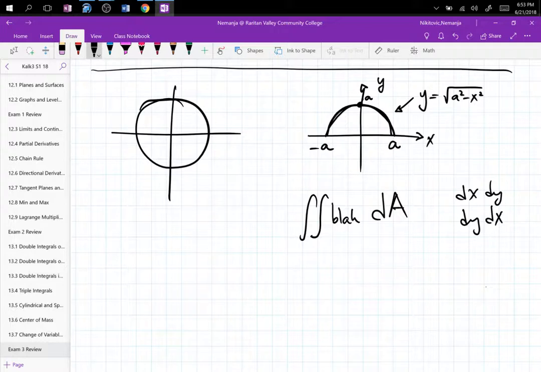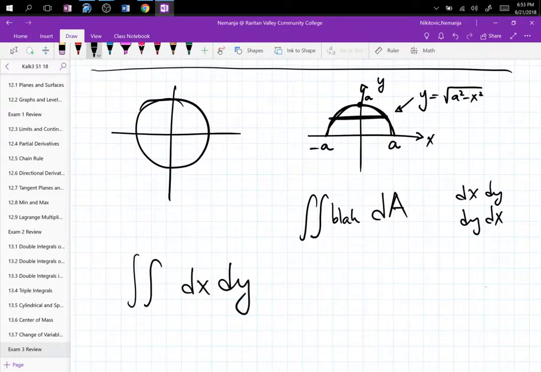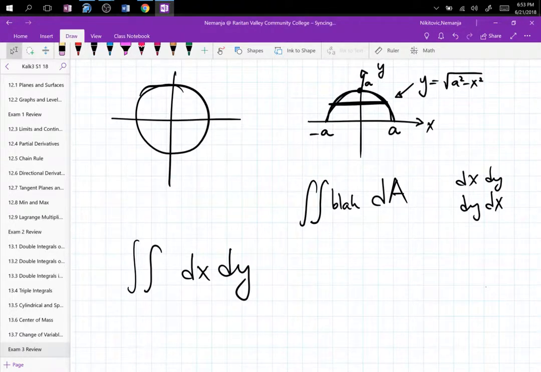What happens if I write dy? If I write dy as the integral, so that means it will be dx dy like this. Let me show you why and how this is so wrong. On my diagram, dy on the bottom will start at 0 and go all the way to the top to a. The functions over here have to be x equals and x equals, but